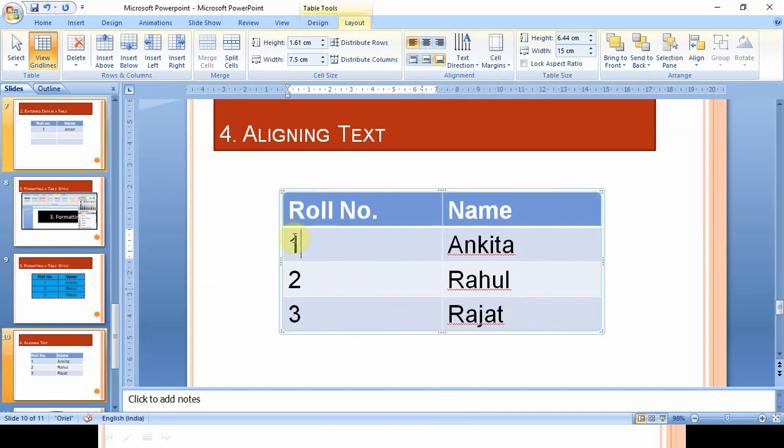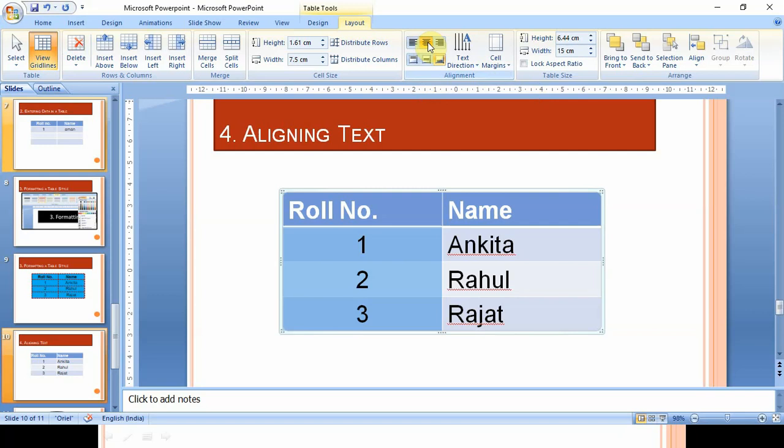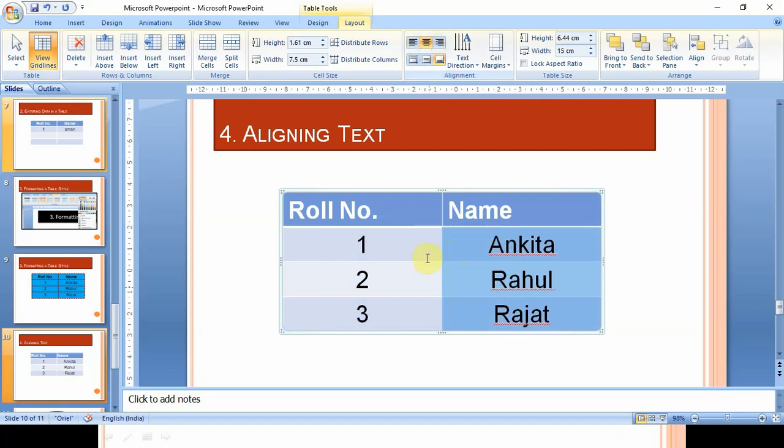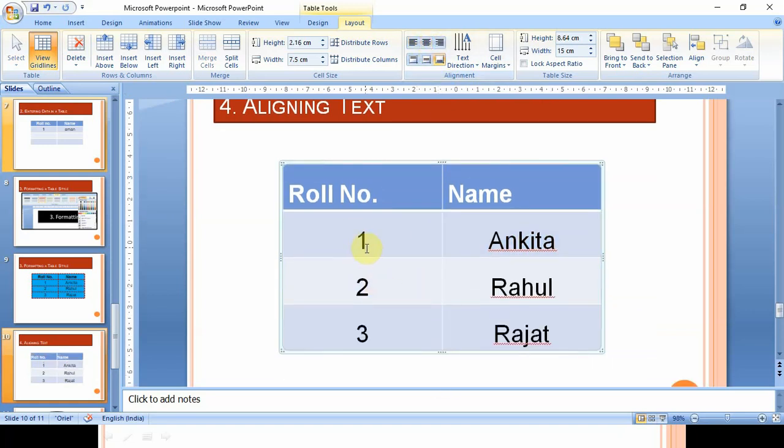Now suppose I want to write this roll number center-wise like this. So I can change the alignment. Basically the text is left aligned, so if we want to change it, we can change it to the center one. Now suppose the size of my cell is very big. We can see that the content has been shifted towards the bottom line.